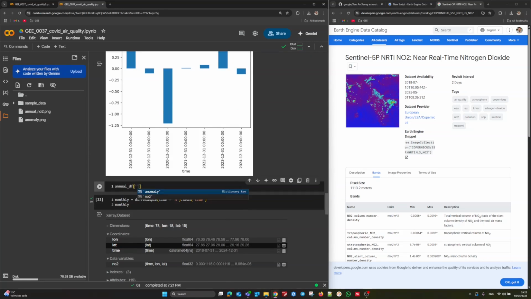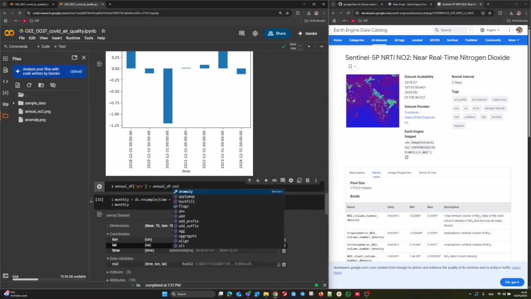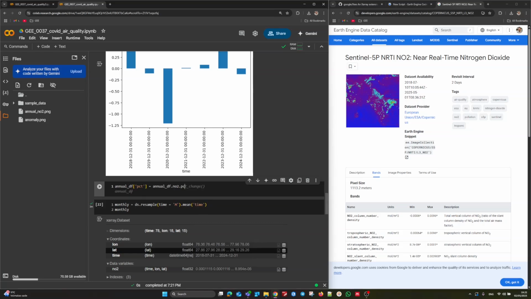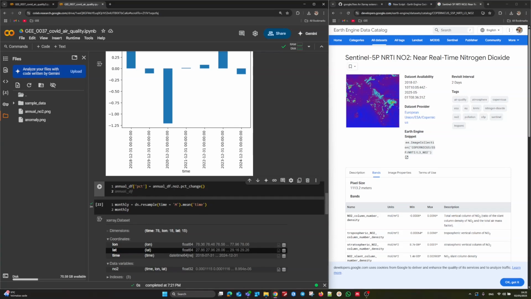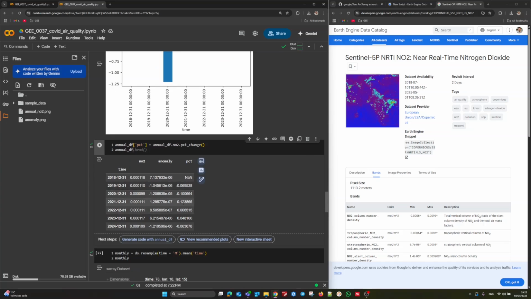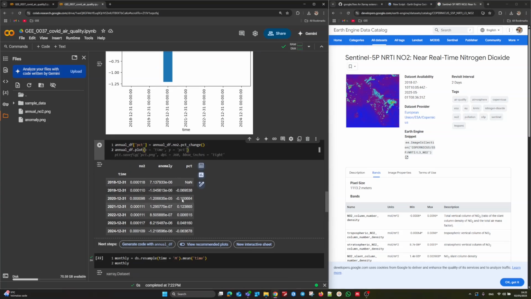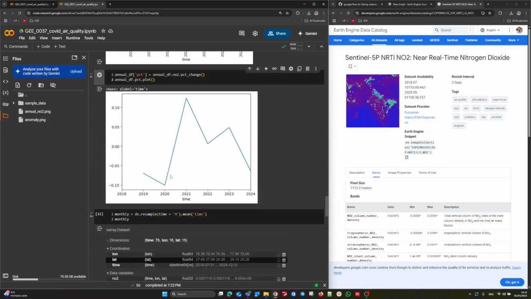Let's make a new column, for example PCT, percent of change, equal to the annual data frame. Select the column name, for example the NO2 dot PCT change, the percent of change calculated here. So here you can see the percent of change calculated. Let's make a plot from PCT values, and here also shows the amount of percentage. So you can see it's about 10%